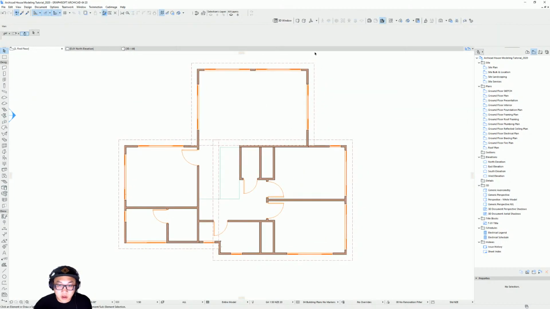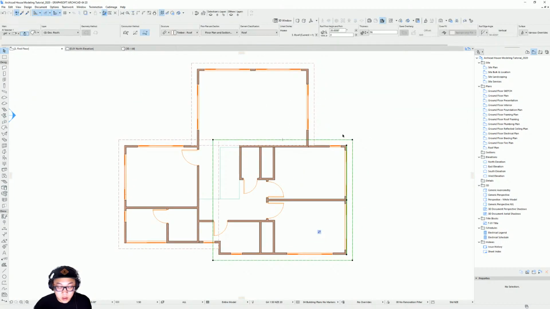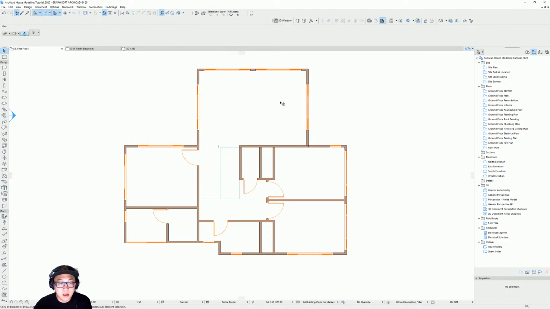Sometimes some of the elements, like the roof here, are showing. To avoid clicking them, you could hide that layer. You can see it's set on the design roof layers, and I have this little tab there, selection layer. You can hide that. Now it disappears, and if you want to bring it back, you just have to undo. But let's just click that,